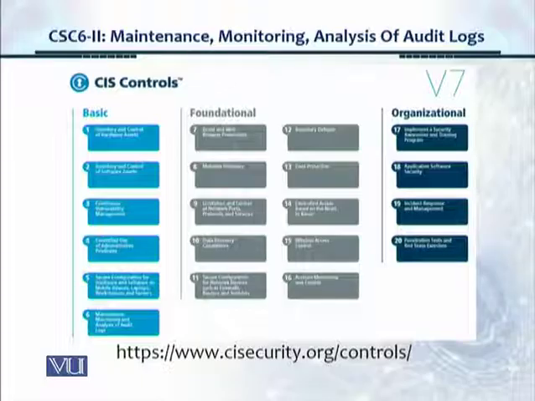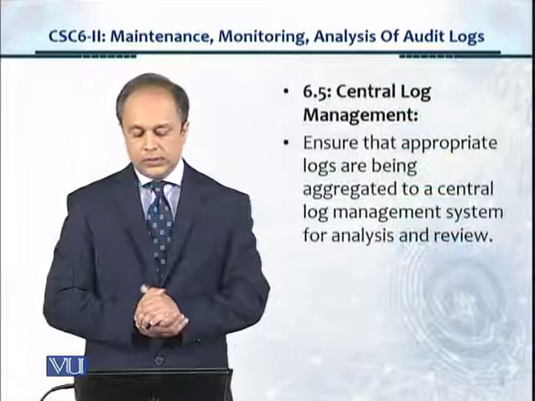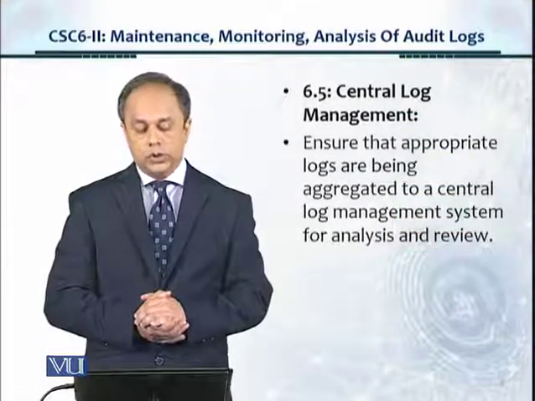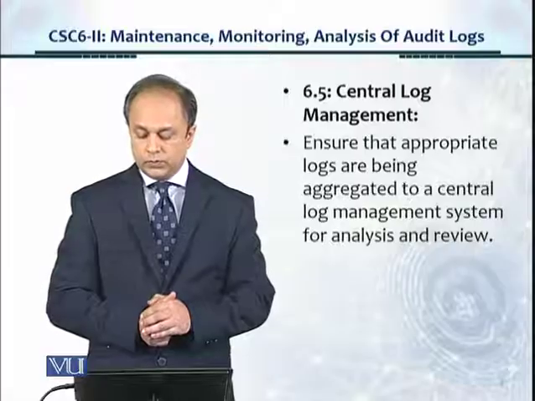And I'd like to mention that there are other categorizations as well. Apart from basic, foundational, and organizational, the controls are divided into certain categories, for example, network controls or application controls, for example. So continuing with the CIS security controls number 6, we are now on 6.5, which refers to central